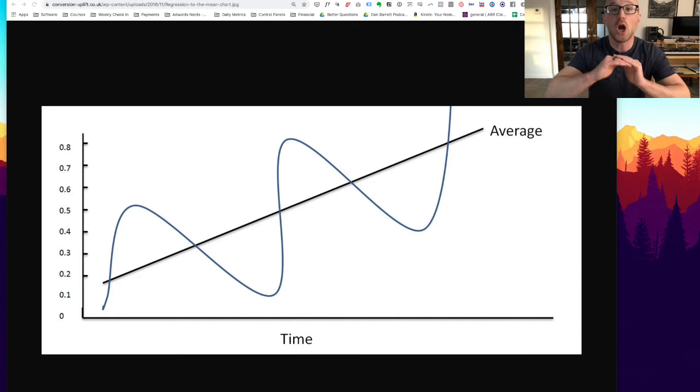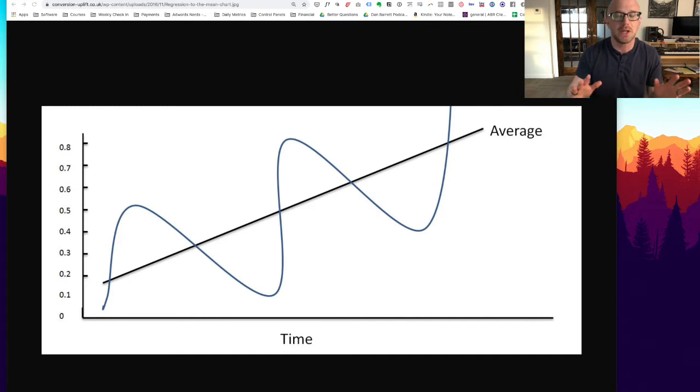Huge mistakes. We all do it. I do it. You do it. Everyone around you is doing it, and I'm going to tell you about it now. If you've ever seen this chart, this is a basic illustration of a statistical model called regression to the mean. If you're familiar with regression to the mean, stay with me, because I'm going to connect it to real estate investing. If you're not, we're going to talk about it just real quick.